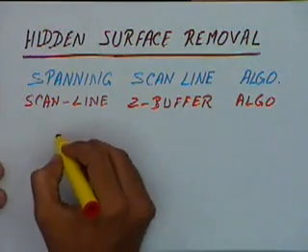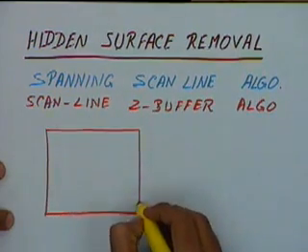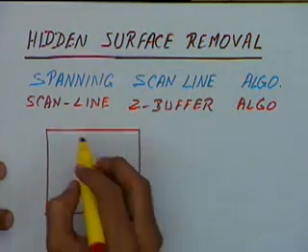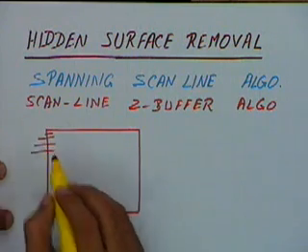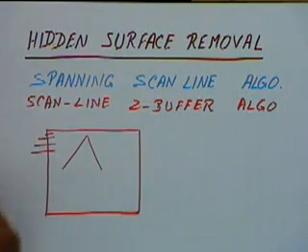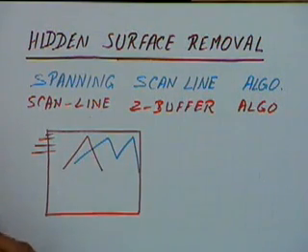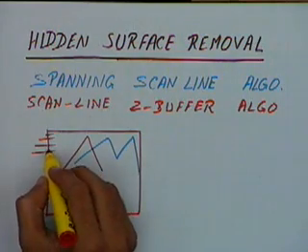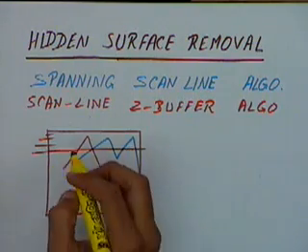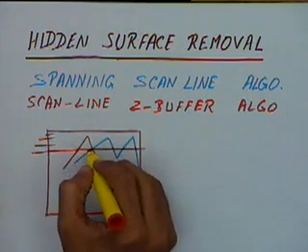In the scanline Z buffer algorithm, we have seen that if this is our screen, then we will cover the screen row by row. We will first take the first row of pixels, then the next row of pixels, and so on, and at each row of pixels we will consider all the polygons that are intersecting that row of pixels. So, if we have a set of polygons like this, then at each row, let us say at this row, we will consider all the polygons that are active, and within each row of pixels we will see at each pixel what is the